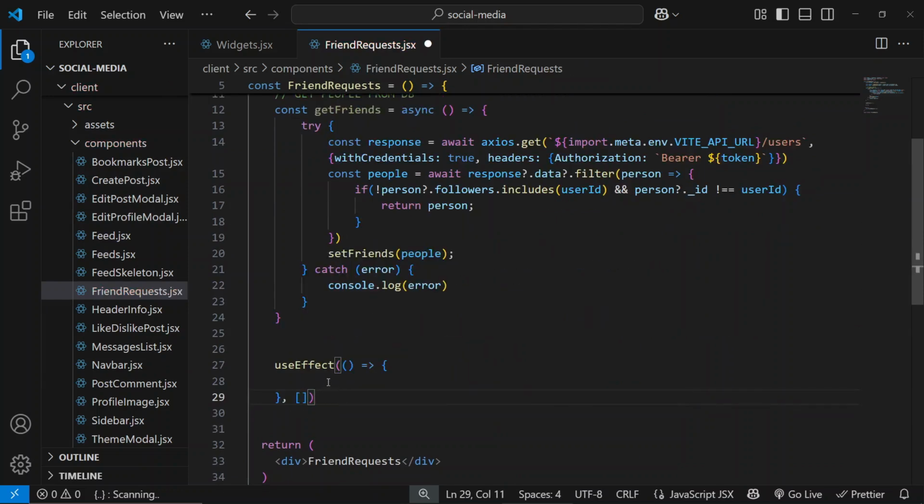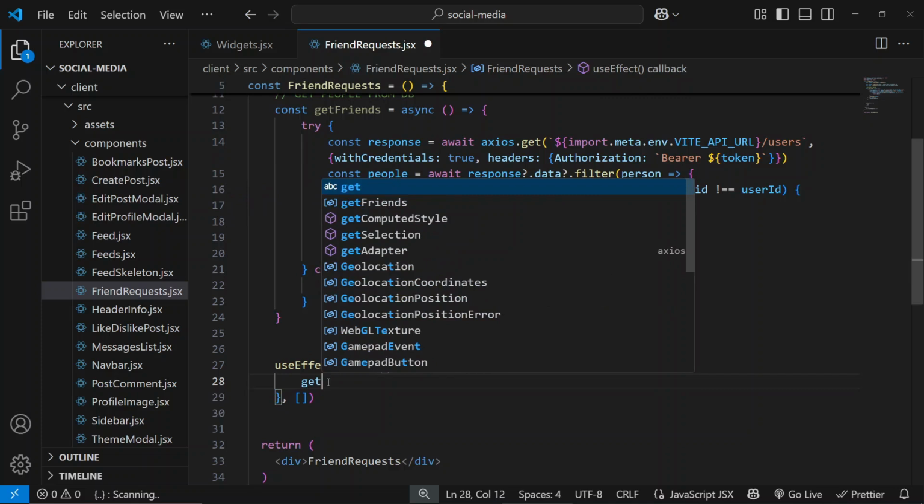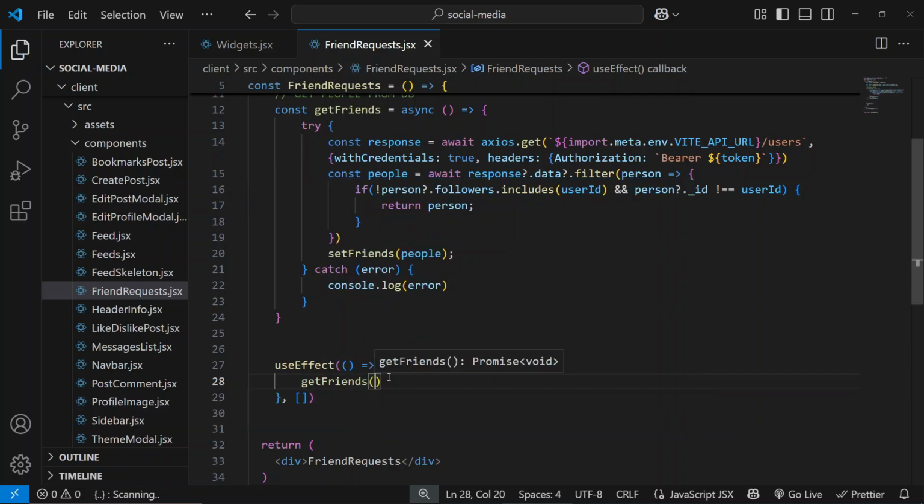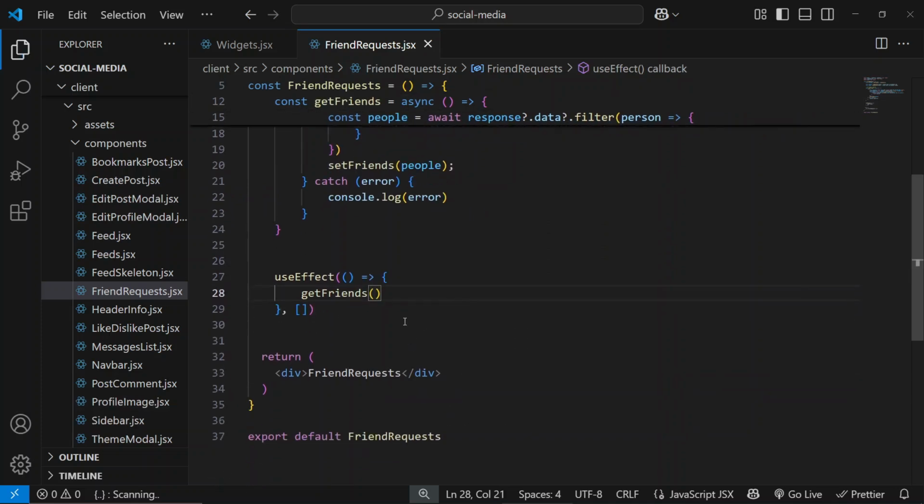And I hope you guys understand what I'm doing here. So get friends and we call that function. All right, perfect. So down here, what I want to do is to actually map through and display the people